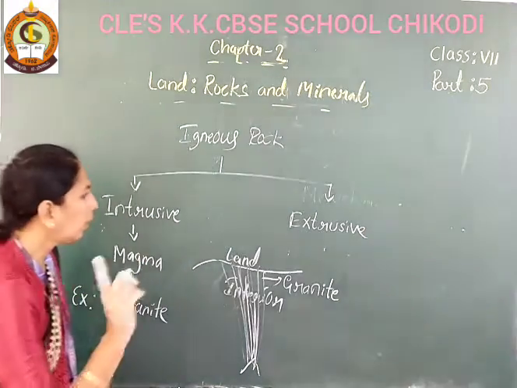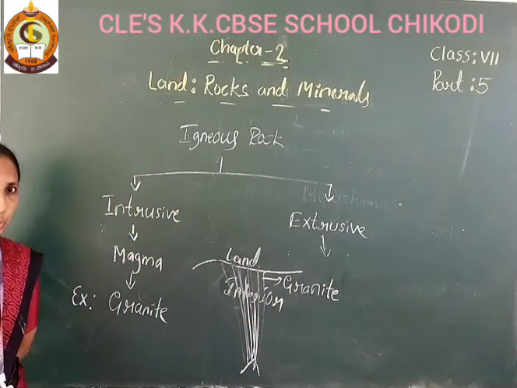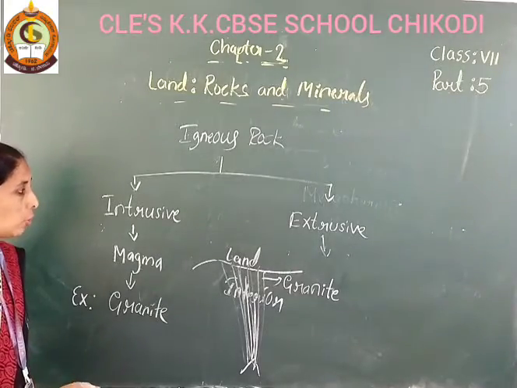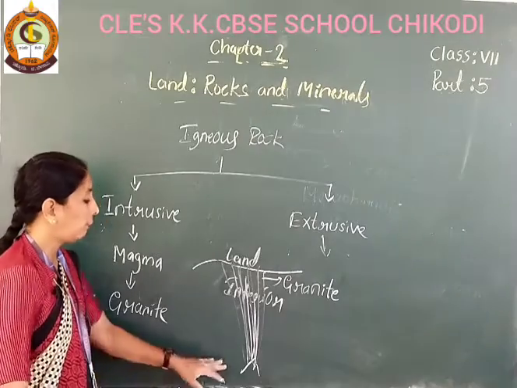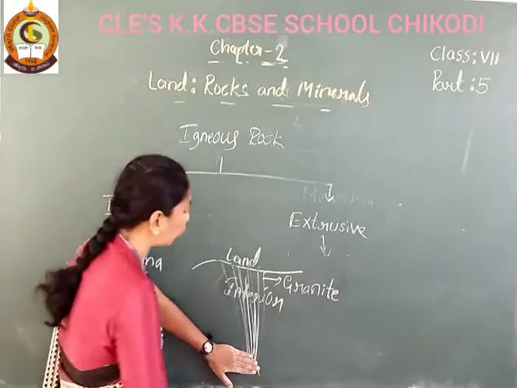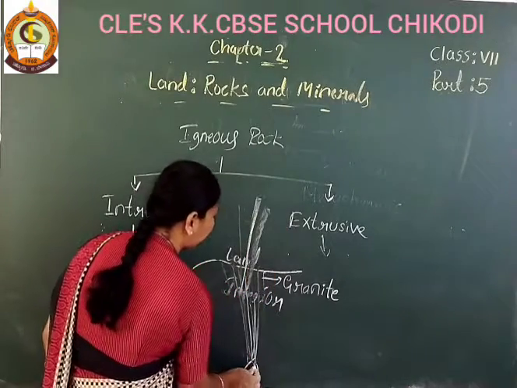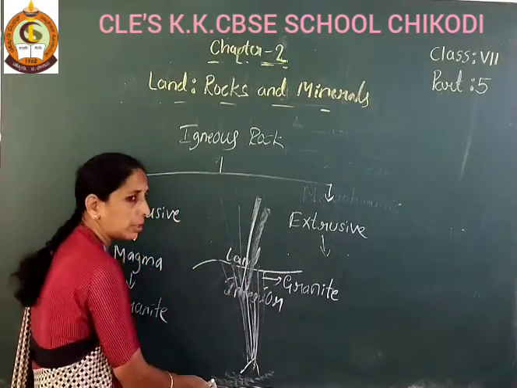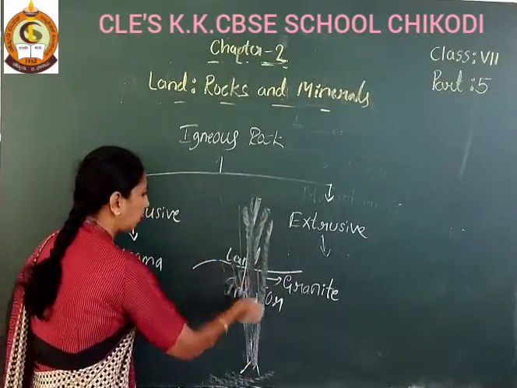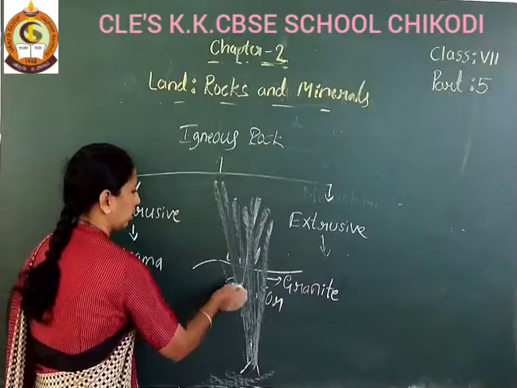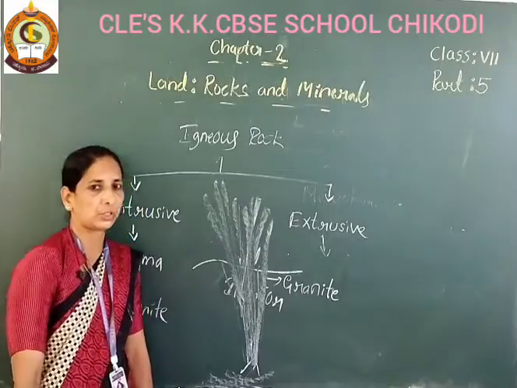Understood? Okay. And the next one is extrusive. Extrusive means when magma flows out of the land. See here, this magma is present in the interior part of the earth. When it flows to the outer part of the earth, the outer part of the land surface,